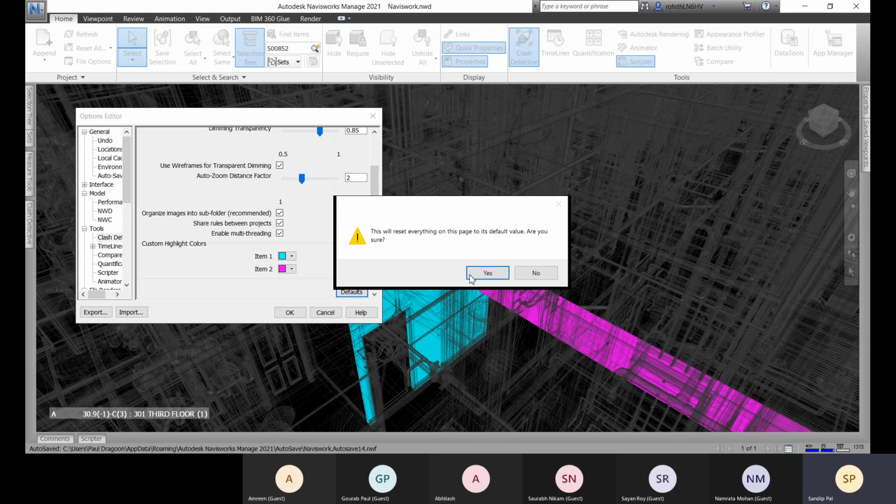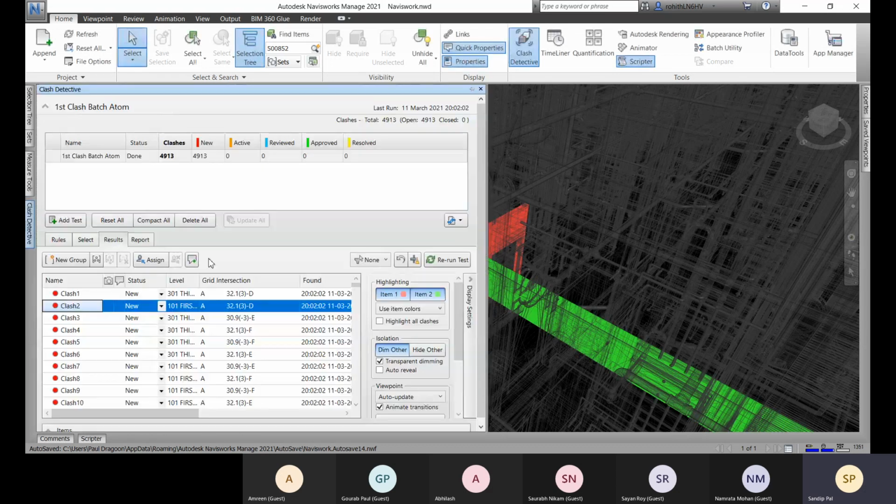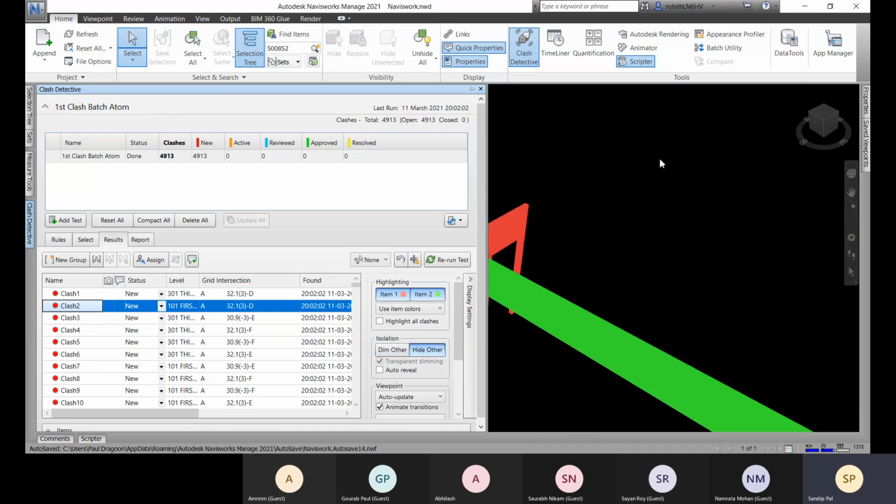Let's go for the default, click OK, and come to the class detective option. Here you can see that the isolation option is selected, dim other, so the other items will be dimmed. If you go for hide other, the other items will be hidden.